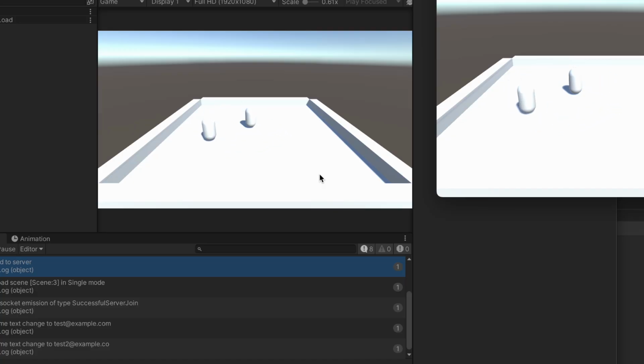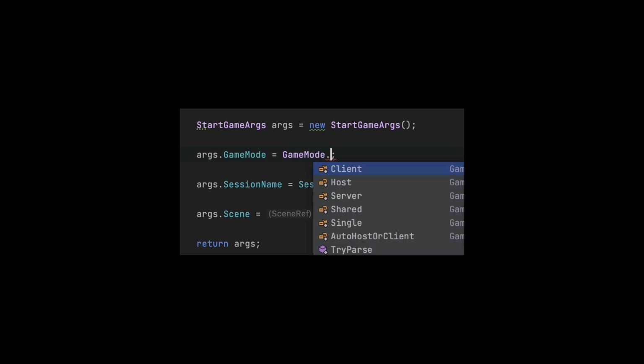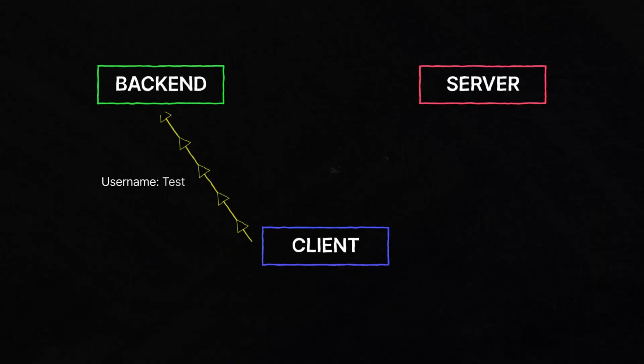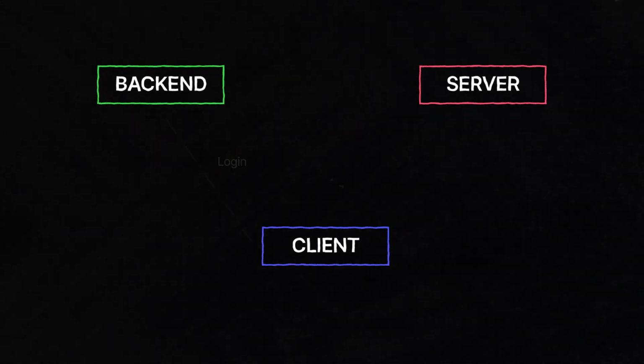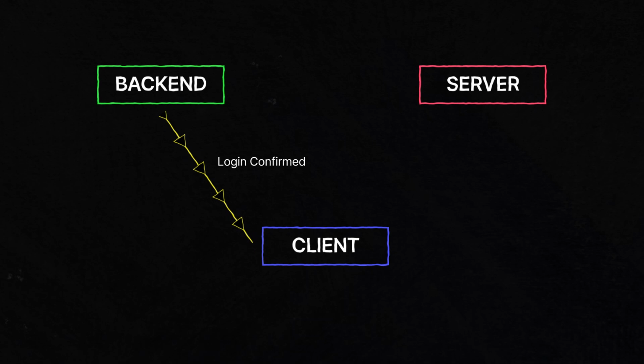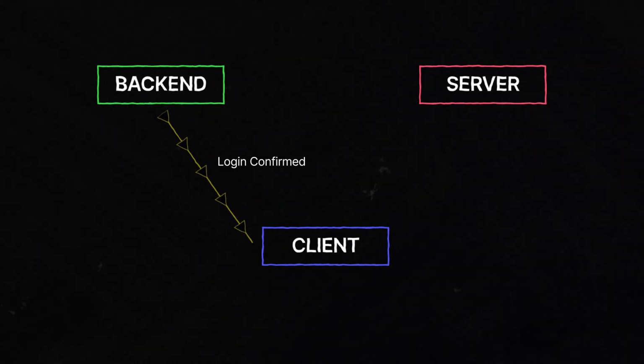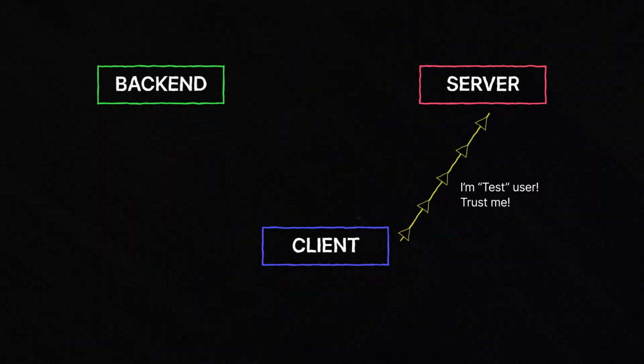Then it's not too complex to change it to being a server-hosted experience with all the clients connecting. So we've got the basics of each of our three pieces up and running. The next step is to connect them a bit more actively, but before we can do that, we should talk about trust. Currently, our client sends their login information to the backend. This confirms they are who they say they are and gives them all their user info, and then they connect to the server. But there's an issue here.